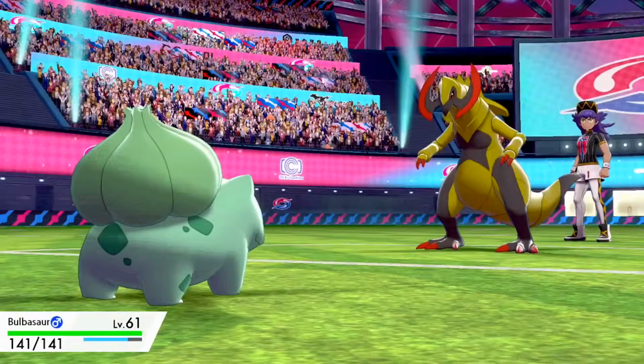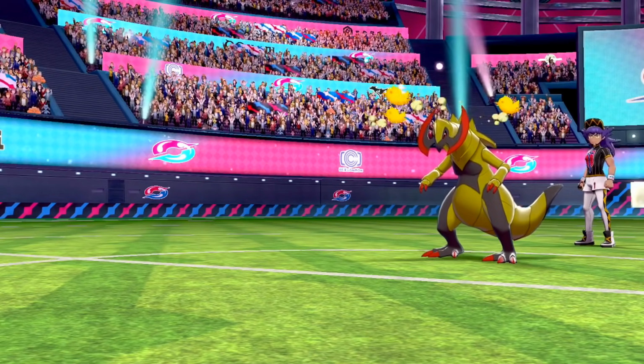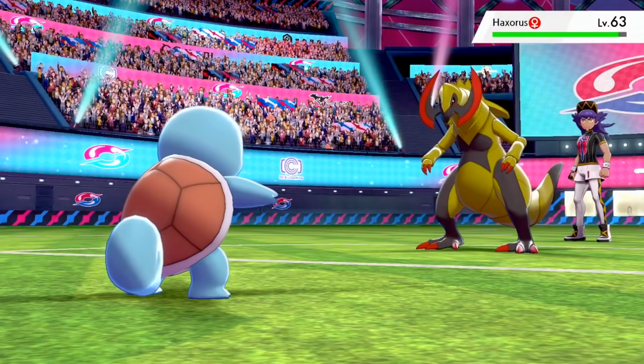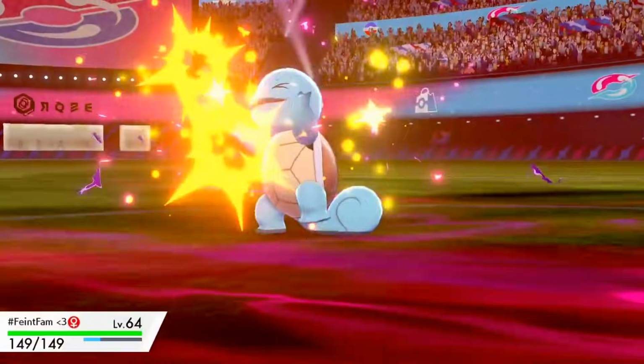I go into Bulbasaur to try to think what I could do in this situation as I revive Squirtle to try and stall out his Outrages and wait for him to get confused. Luckily, it was a 2-turn Outrage and he does get confused. I decide to drop a Hyper Potion on Squirtle as he hits himself in confusion. I go for an Icy Wind, but he does pull through his confusion and still hits us with an Outrage,